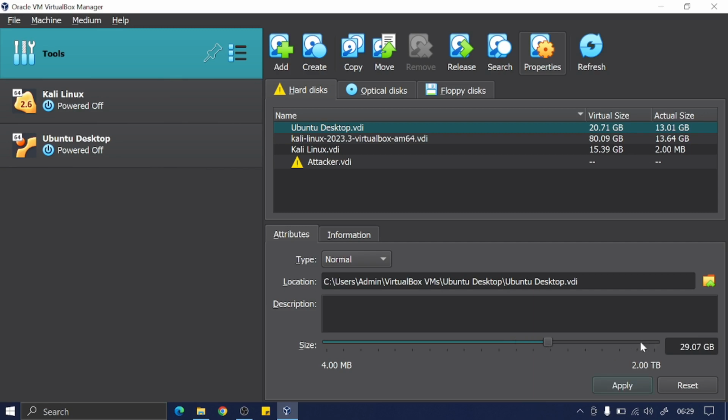And as you can see, the maximum you can set is 2 terabytes. I don't think you can reach 2 terabytes, which is quite huge. Yeah, so in our case, you can see it was set to 20.71 GB. So we can just increase it to like 25. And as you can see, there is the warning icon here, which means that if you go beyond